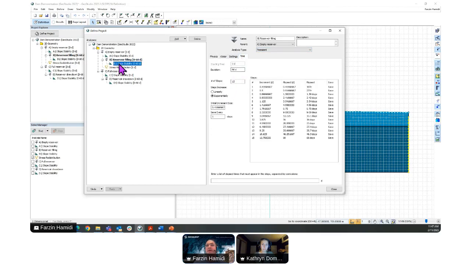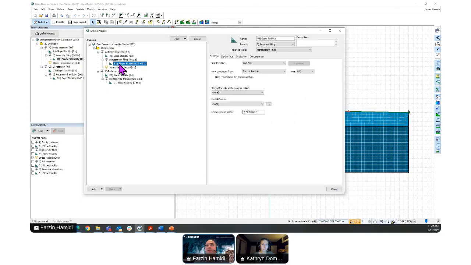As I said, we have a SLOPE W as a child analysis to this one. As we select that as a child analysis and run the limit equilibrium analysis, the only thing we need to select is that the pore water pressure comes from the parent analysis, and what we need to include in the calculation.